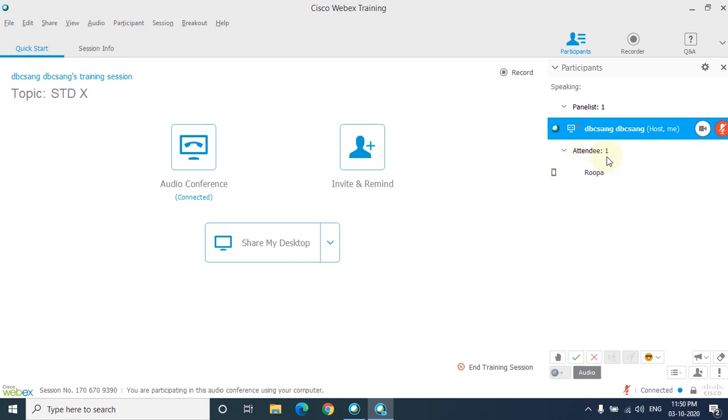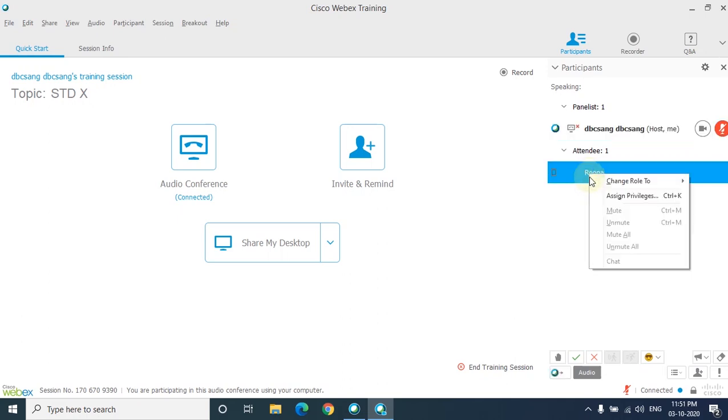So normally what we do is, though I am the host, I also log in through my mobile. Clear? And then I right click on it, and you can see here change role to. The presenter is me as a host.